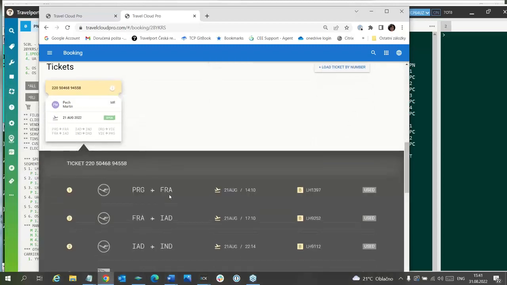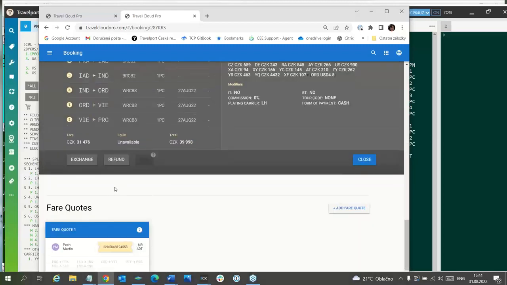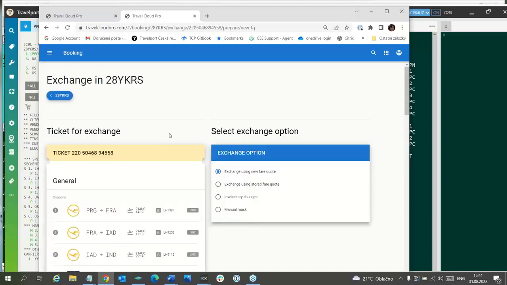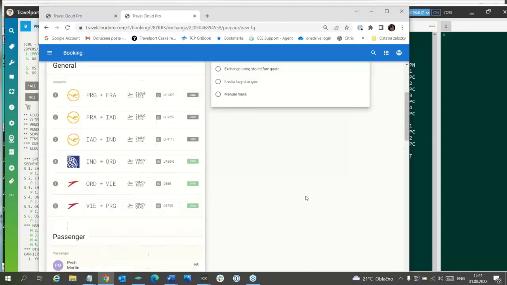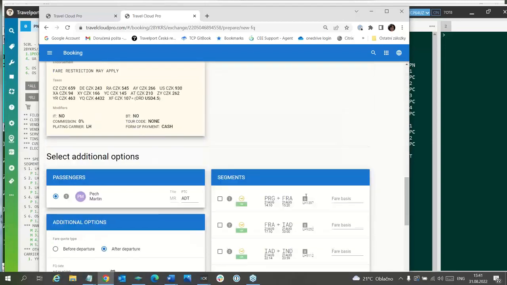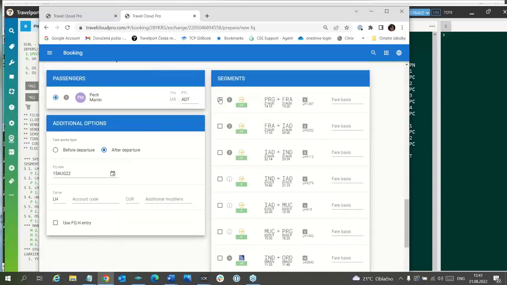So again, we will start with the ticket exchange using new fare code, and here we will select the segment and we will enter fare basis. When you would like to enter fare basis, it is here. So I will copy fare basis used for the outbound travel, which was this one.